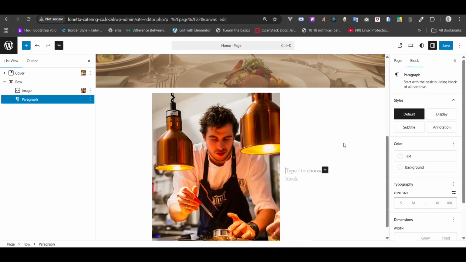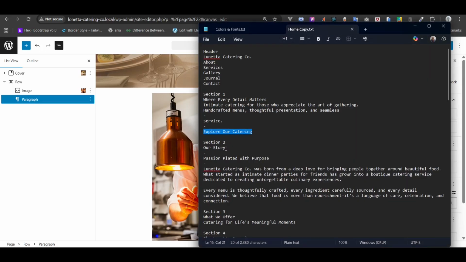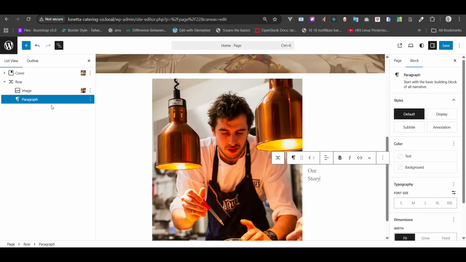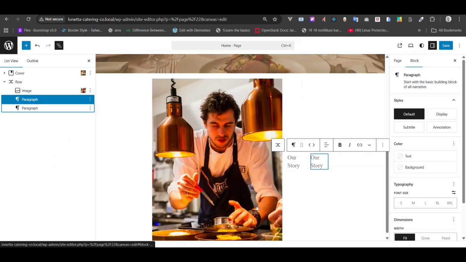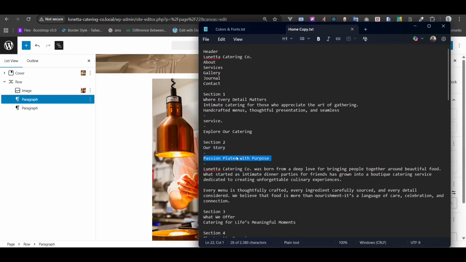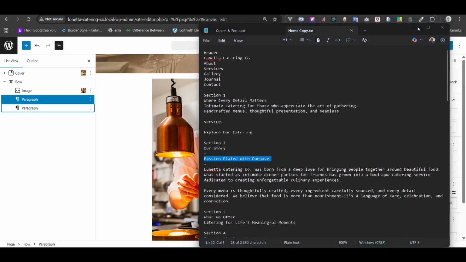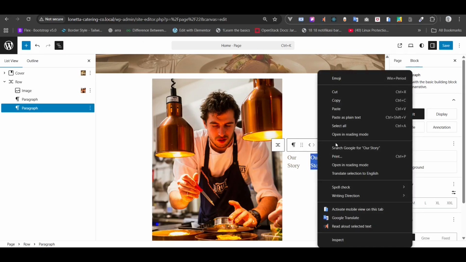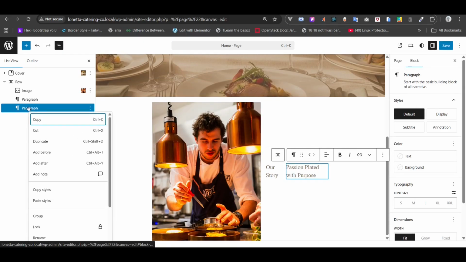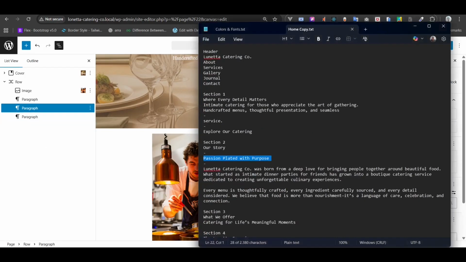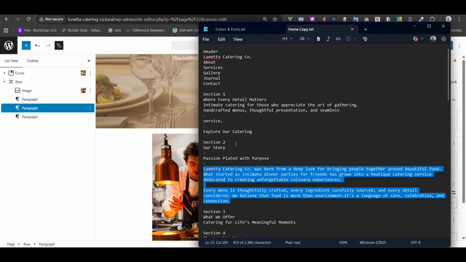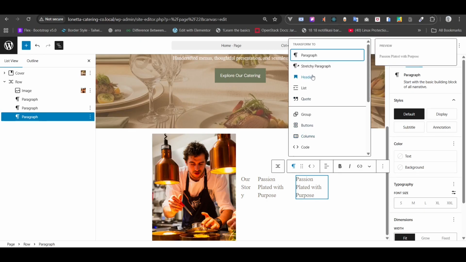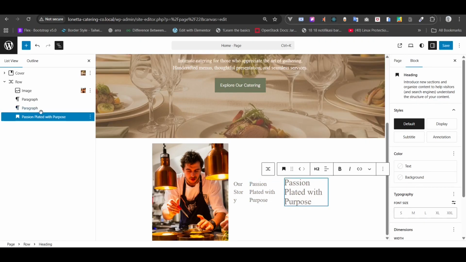Yeah, and copy paste the title and duplicate. Now we have our text again. Add duplicate. Now just copy the paragraph. I'm going to make this one a heading, and for the second paragraph,